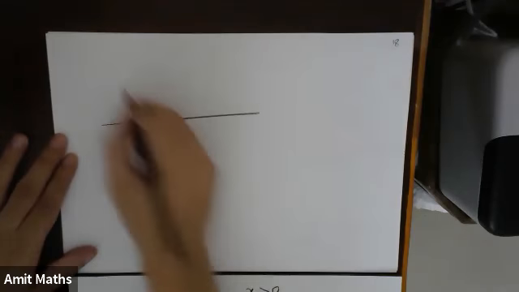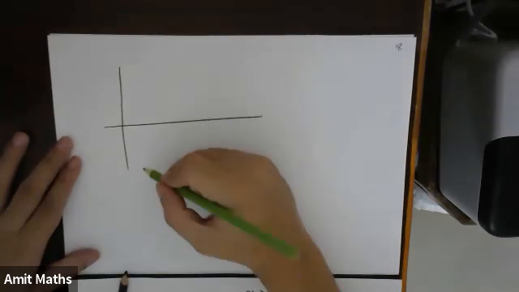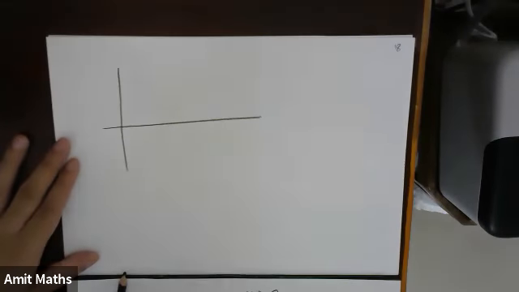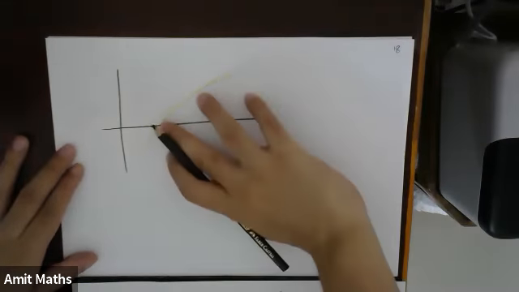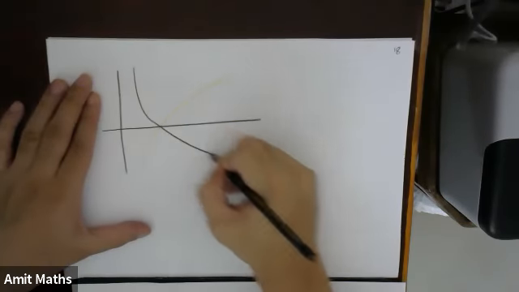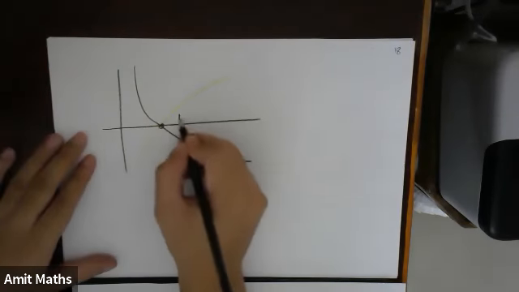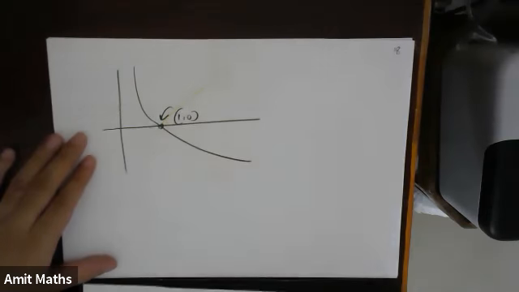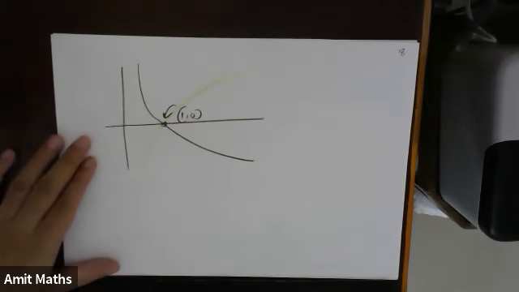Now I'll describe what is weak base. Now for weak base, what is happening? Suppose this was a strong base. The weak base will just reverse. The weak base will be just opposite of that. So the weak base will look something like this. Now this point is 1, 0. Even for weak base or for strong base, this point will be 1, 0.